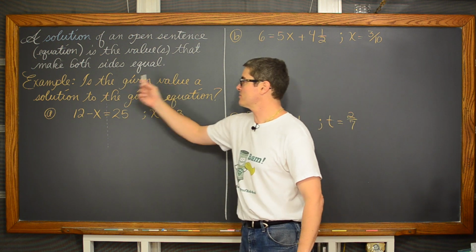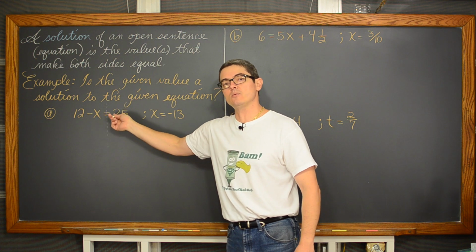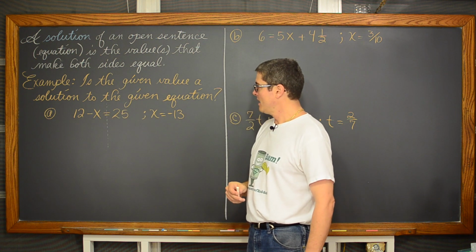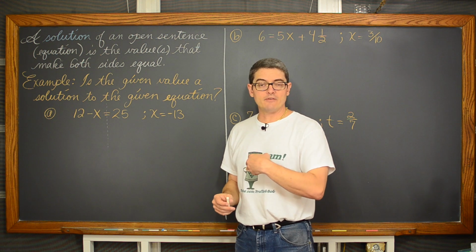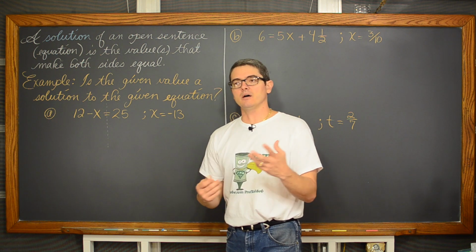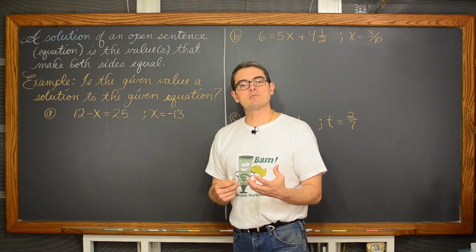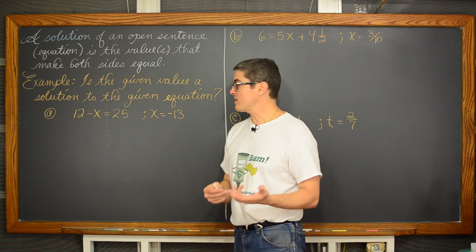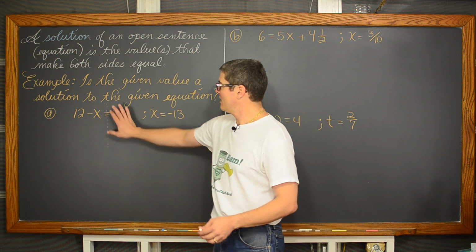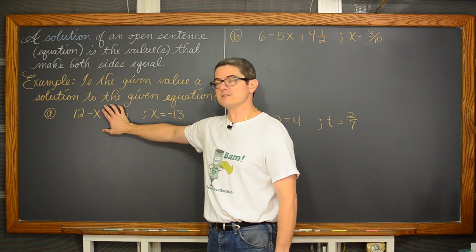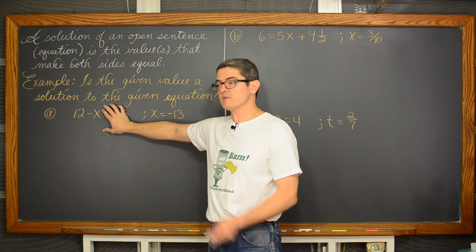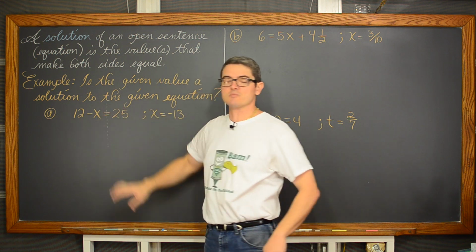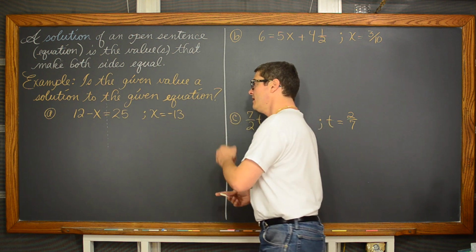If I plug in negative 13, will I get the left-hand side to equal the right-hand side? Well, you should have already done some sections in your algebra book where you're asked to evaluate expressions. And that's exactly what I'm going to do here. I have an expression of 12 minus x. I've got a value of x is equal to negative 13. I'm simply going to plug that value into my expression and evaluate the expression,